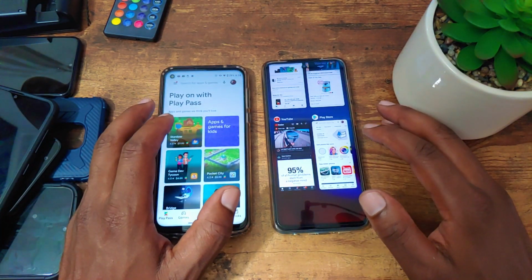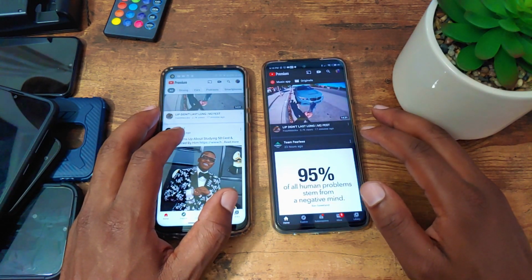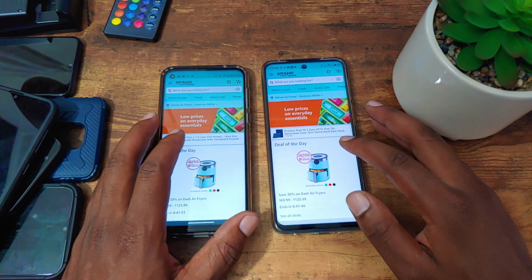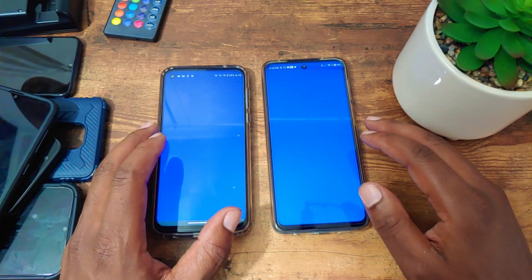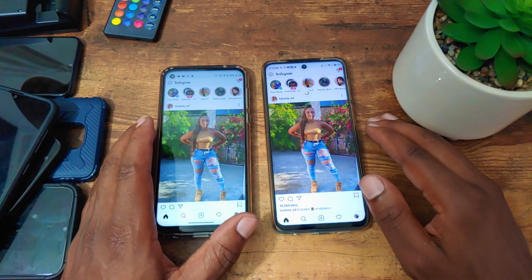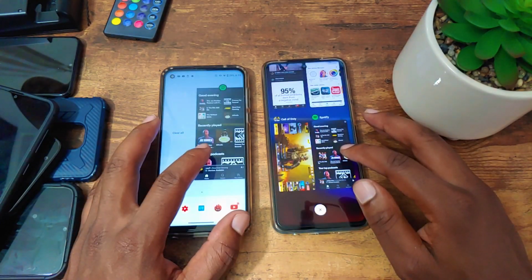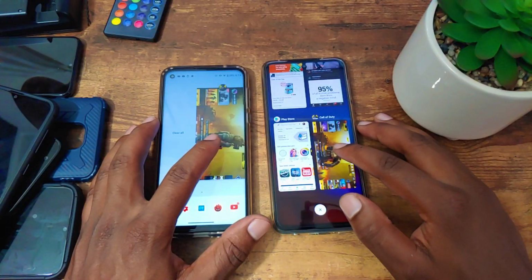Play Store. Held by both. YouTube. Held by both. Amazon. A refresh on both. Best Buy. A refresh on both. Instagram. Held by the Redmi Note 9S. Twitter. Held by both. Spotify. Held by the Redmi Note 9S. And Call of Duty Mobile,